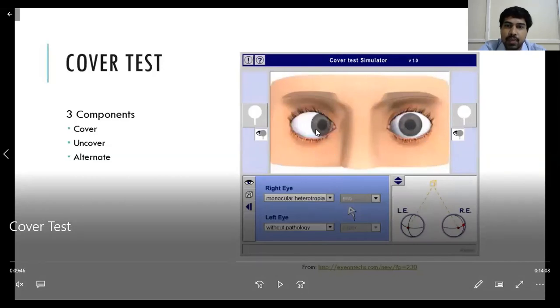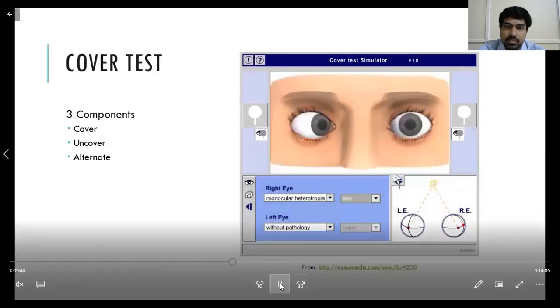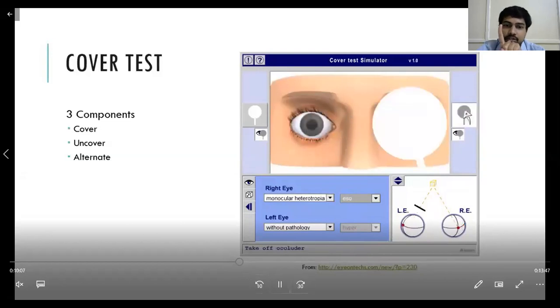It is an esotropia in this right eye. So you see the right eye, there is a heterotropia. Right eye is deviated inside, left eye is looking straight. Okay, so this is a manifest squint. So here what you do is a cover test. You give a fixation target, ask both of them to look at a finger. Now you start doing a cover test. You see the video, what he will do. He's taking the cover. Suppose both the eyes are looking at my finger here. Left eye is looking straight, but the right eye, because of suppression, is not seeing anything.